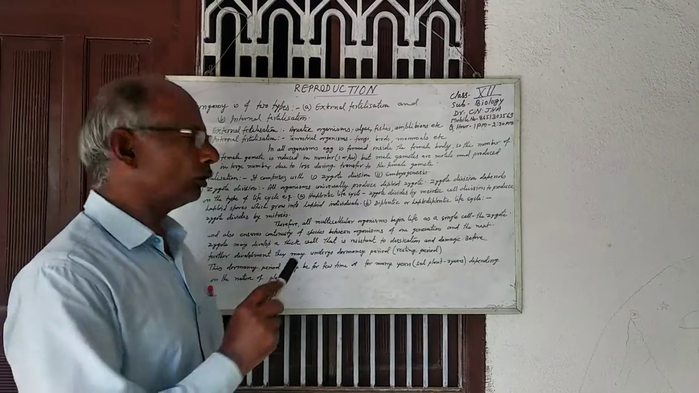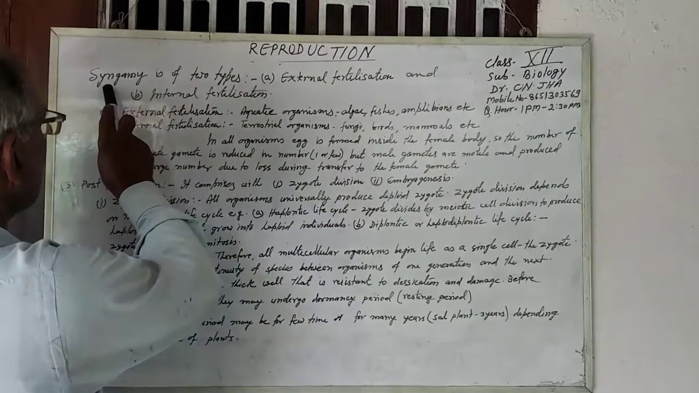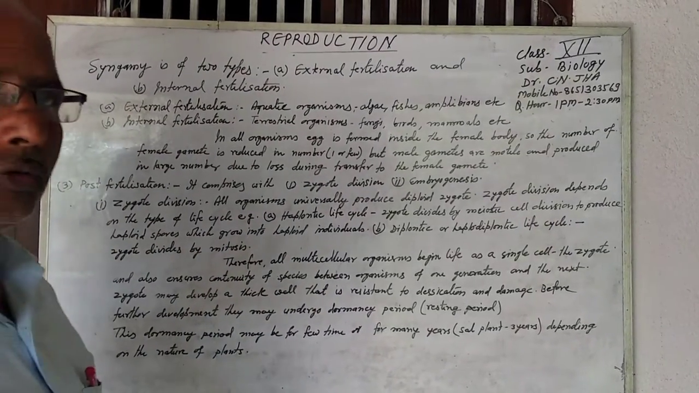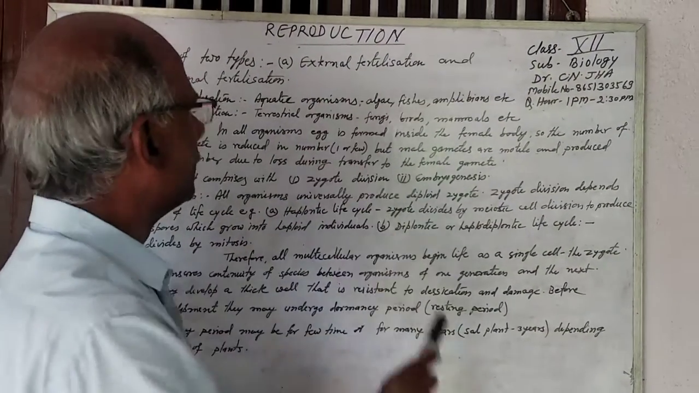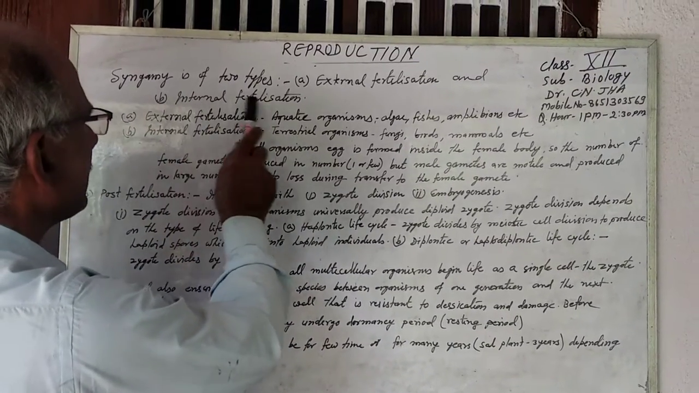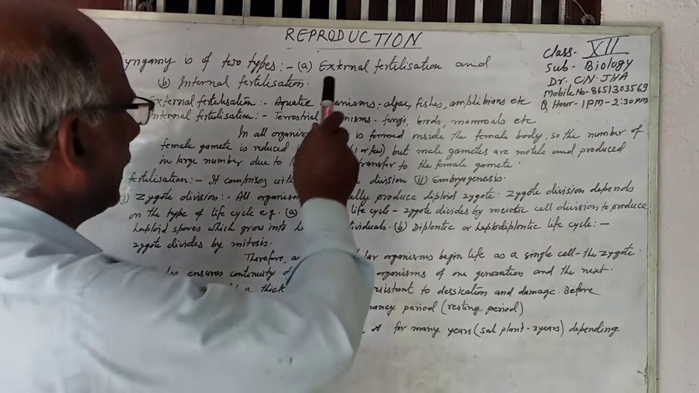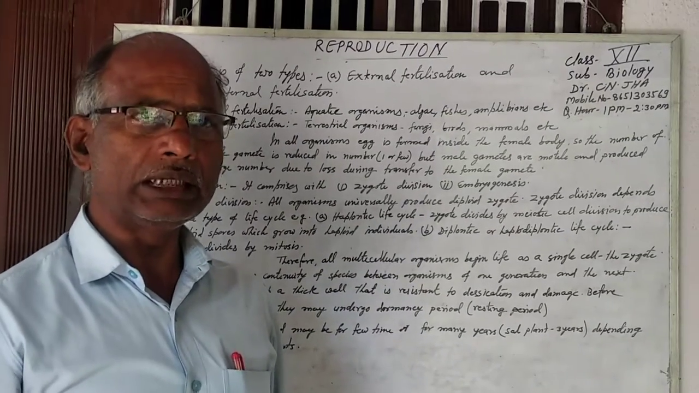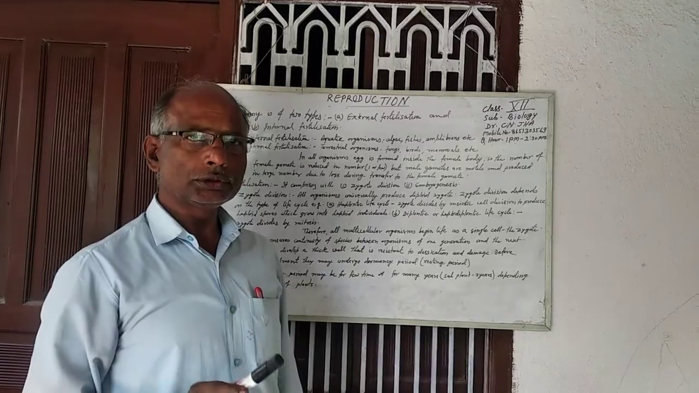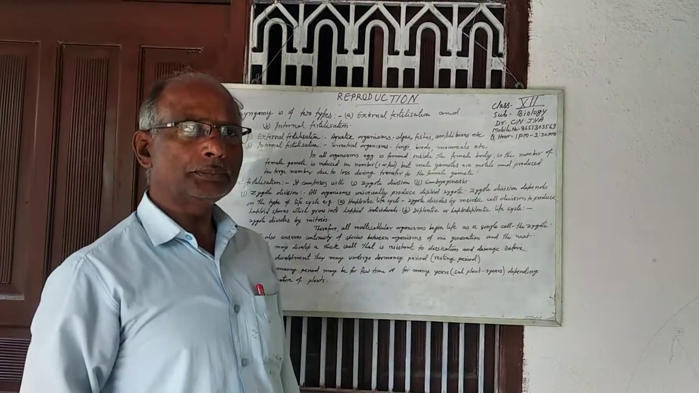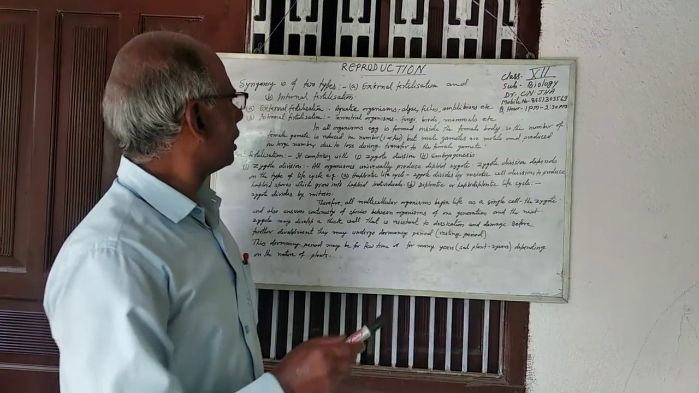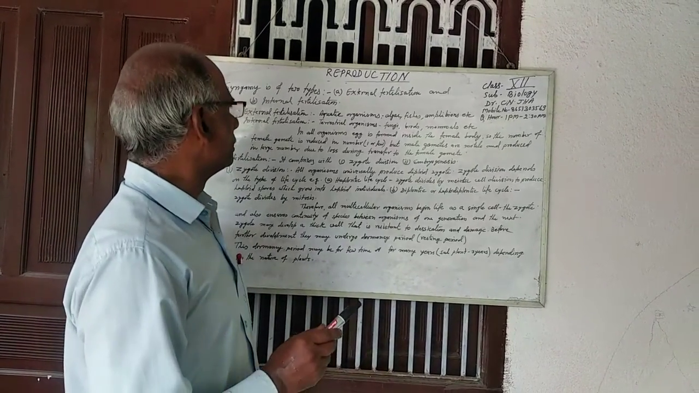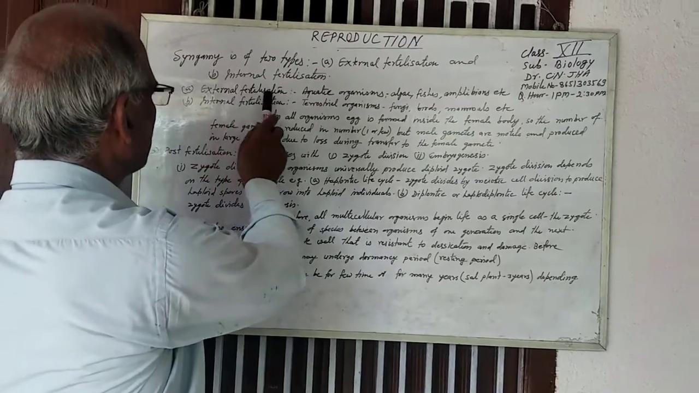Fertilization is also known as syngamy. This syngamy is of two types. First, external fertilization, and second, internal fertilization. External fertilization, in which male and female gametes fuse outside the female body in a liquid medium or in water. So external fertilization,